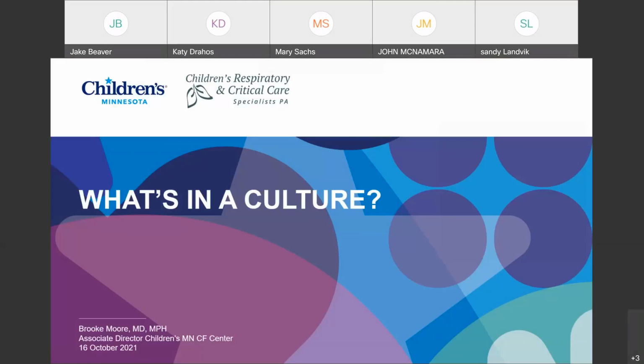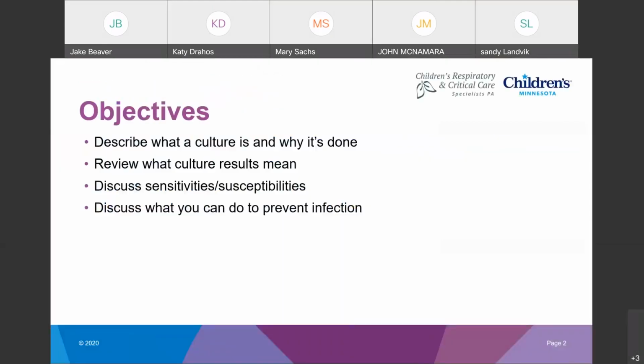As Sandy mentioned, I'll be talking about CF cultures. So my objectives for today are to describe what a culture is and why it's done, to review what culture